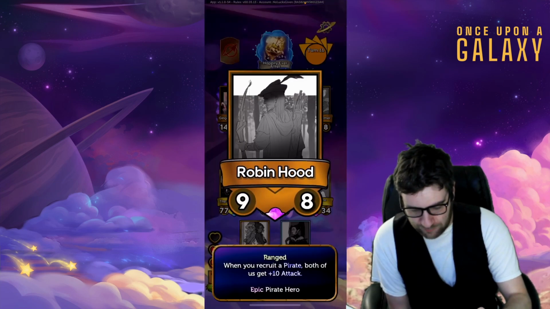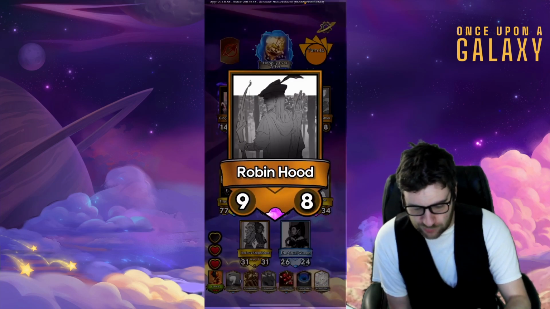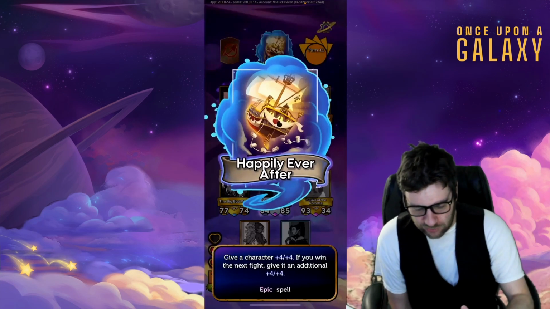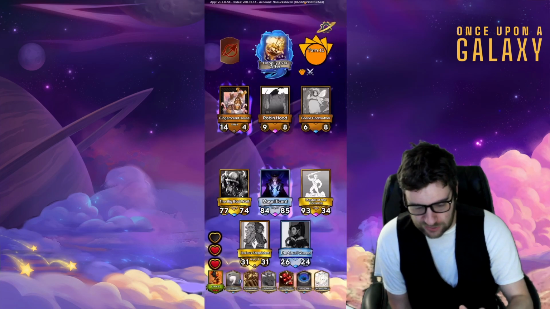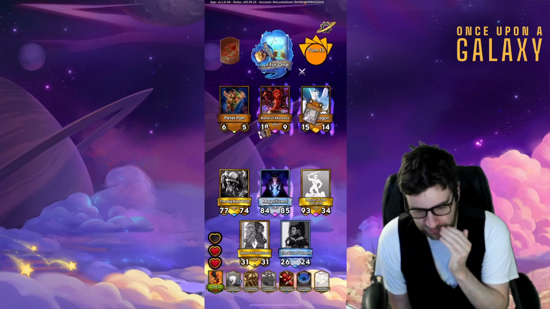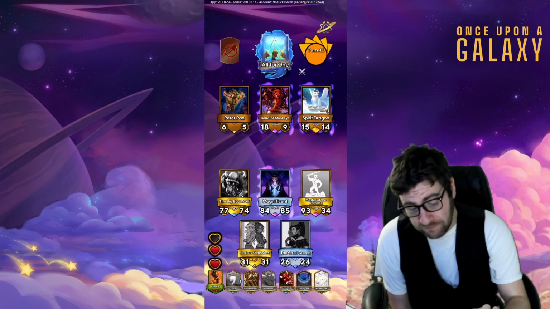Might just grab the Gingerbread here. Here is Robin Hood. Gonna kind of go through some of this stuff a little bit faster at this stage of the game. Yeah, I'm just gonna pick up a Magnificent buff, and then...